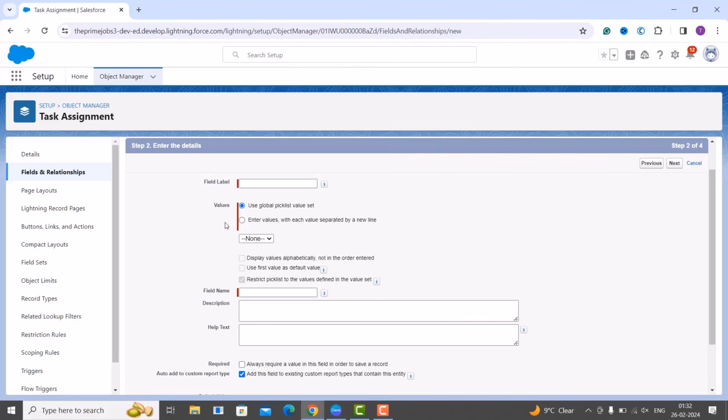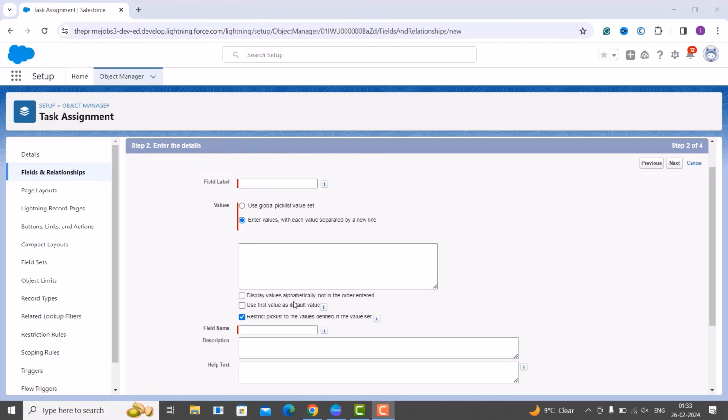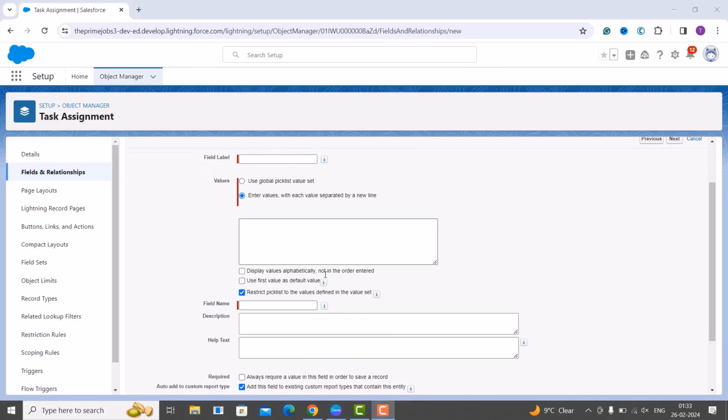If you want to define the value directly, you need to select this option. So here you can see that when I check this radio button, it will open up one box where we can define the values by ourselves. Okay, so if you choose this option of entering the values manually, you can see that it will show you